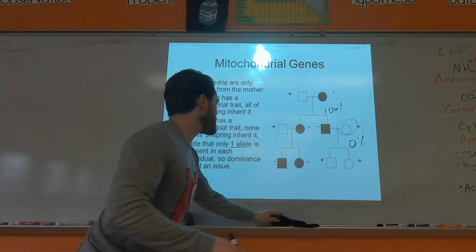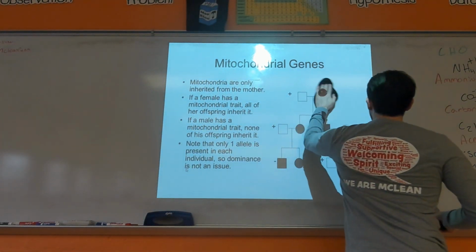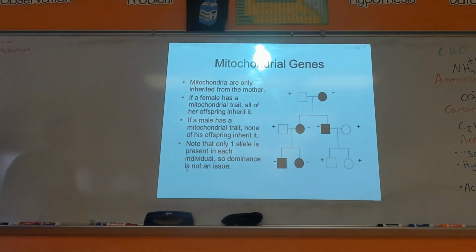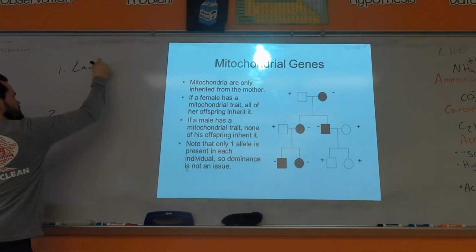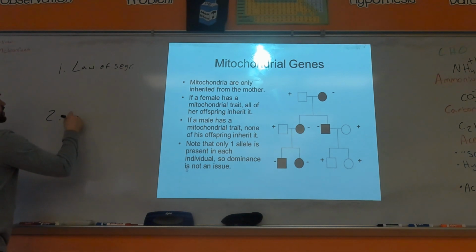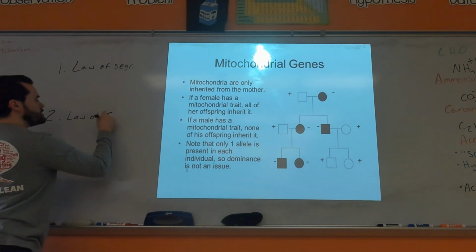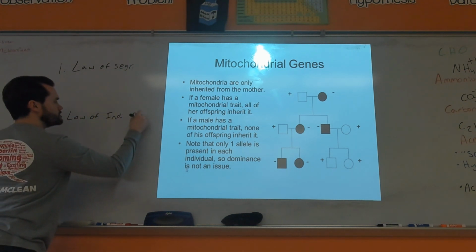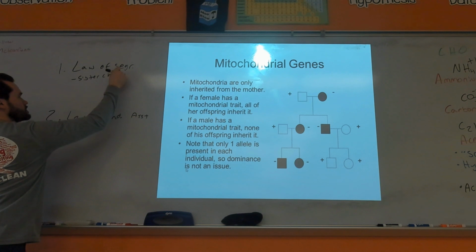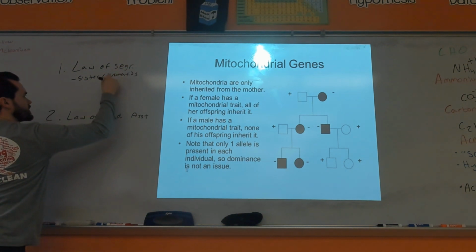So the last thing that we've talked about, but I worry it's kind of fallen through the cracks, is the two laws of Mendel that you need to know: the law of segregation and the law of independent assortment. So the law of segregation says that the sister chromatids will segregate